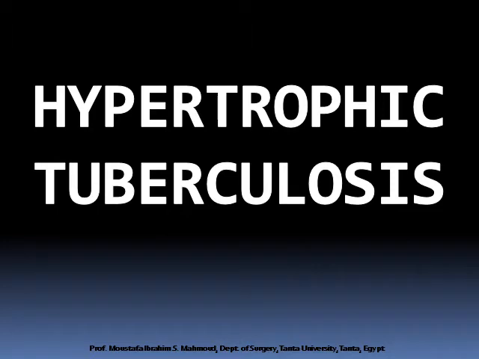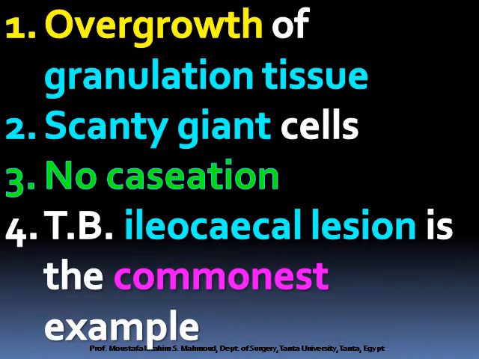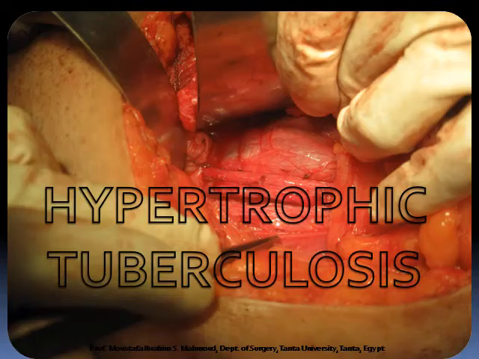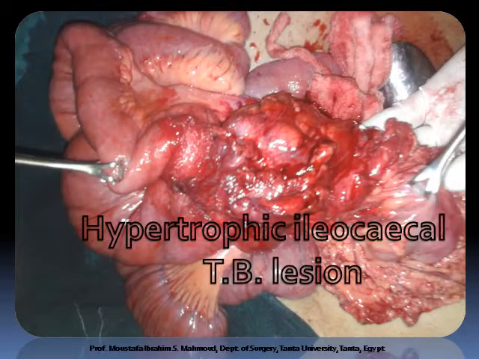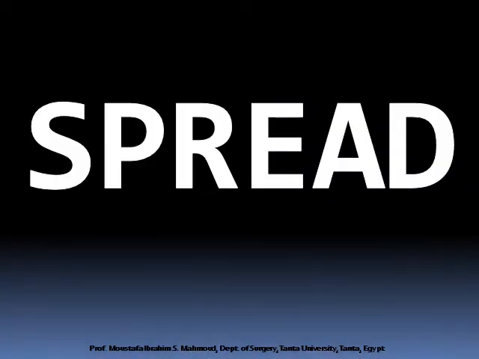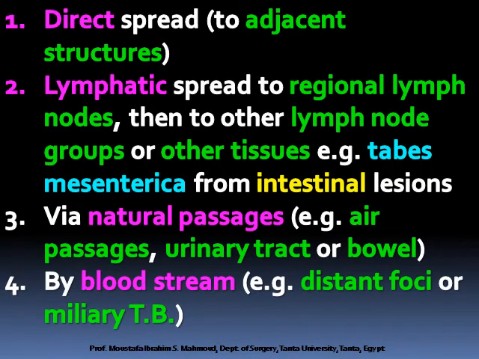Hypertrophic tuberculosis: overgrowth of granulation tissue, scanty giant cells, no caseation. Tuberculous ileocecal lesion is the commonest example. Hypertrophic ileocecal tuberculosis lesion. Spread: direct spread to adjacent structures, lymphatic spread to the regional lymph nodes, then to other